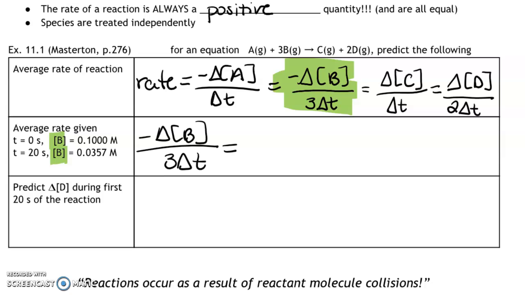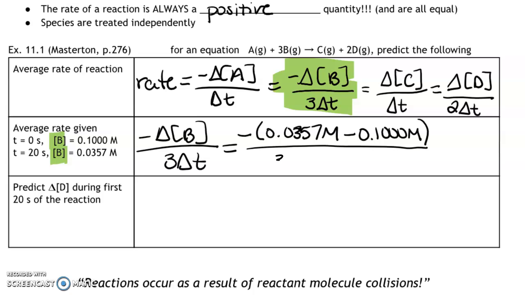So if you had a little trouble with this one, the main thing to remember is that when we're talking about change of anything, it's always going to be our final minus our initial. So in this particular case, you're going to have the negative of 0.0357 molar minus 0.1000 molar over 3 times 20 seconds minus 0 seconds. When you solve that and simplify that expression, you get 1.07 times 10 to the minus 3 molarity